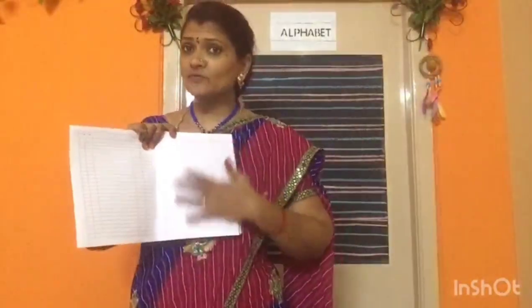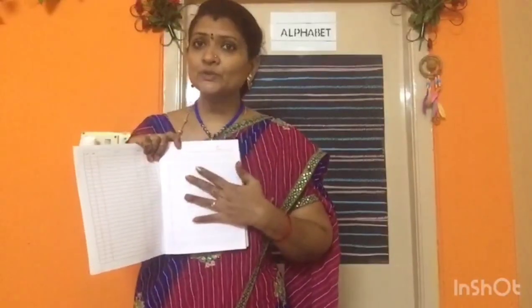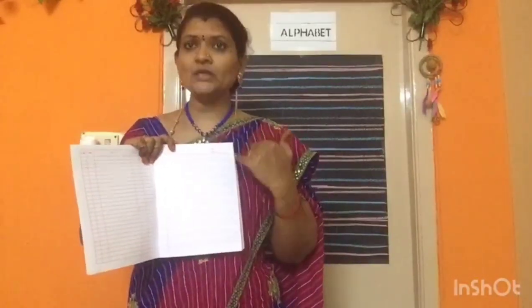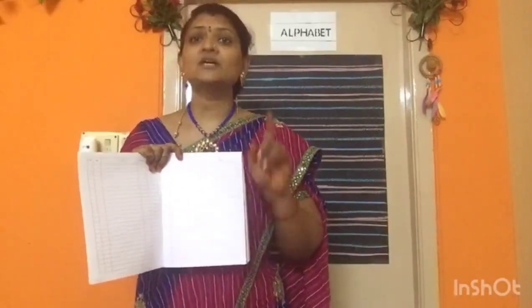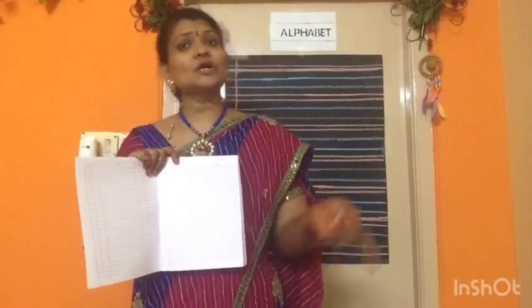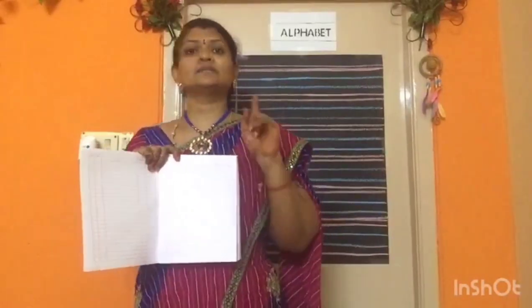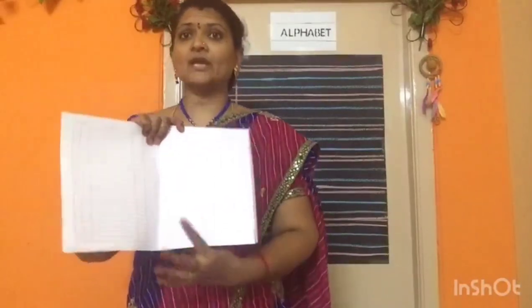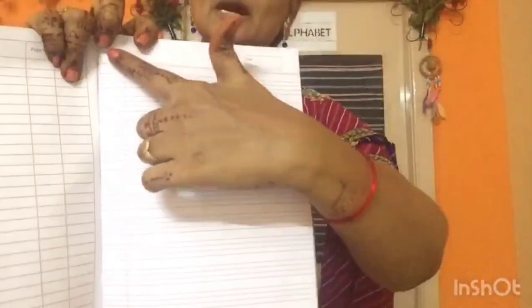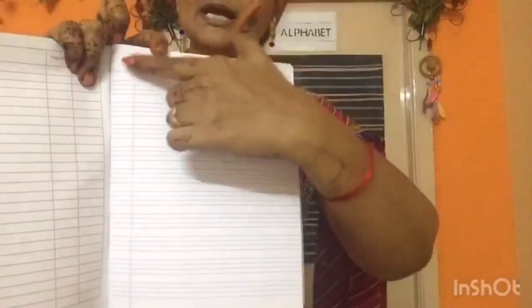This is your new book. This is the first page of the book. Here you need to write how I am showing. Okay children, neatly. Once you are perfect, after you write in your old notebook, once you are perfect, then only you are going to write in this new book. Okay, I am showing you the book. In the book, you can see the margin. This is called margin. And this is for heading. This column is for heading.